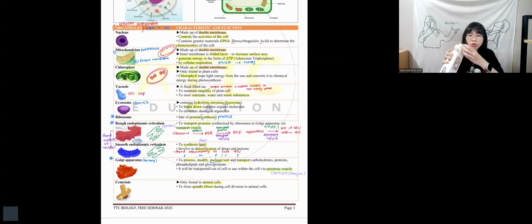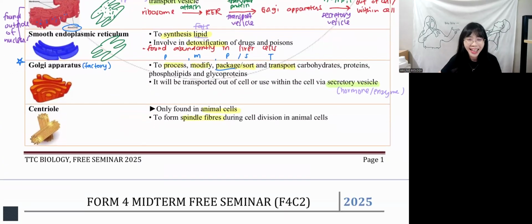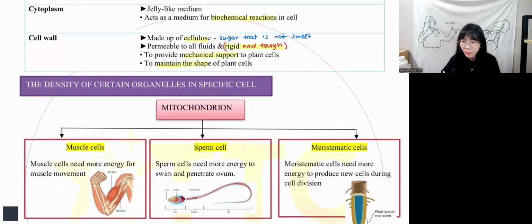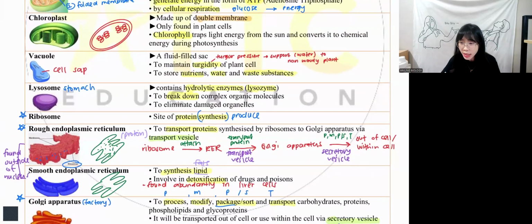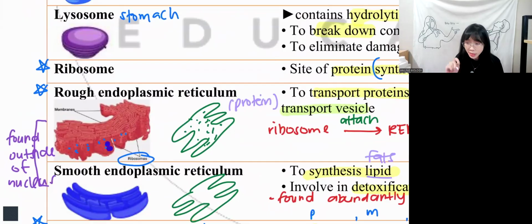Or is it too fast or too slow for you? Okay, normal speed. Yes, to you it's normal speed because you are used to my speed already. Okay, now, the ribosome is on the surface of rough ER. Sometimes you can also find ribosomes in the cytoplasm. So it's either on the rough ER or in the cytoplasm, because it can be a free ribosome